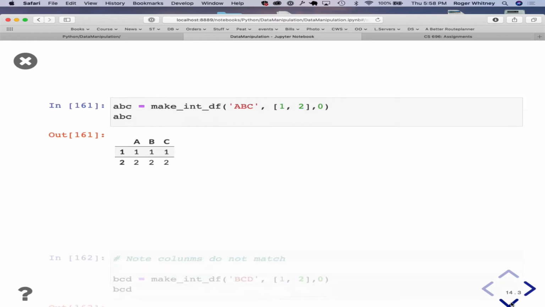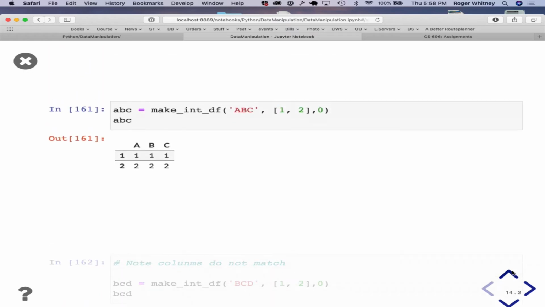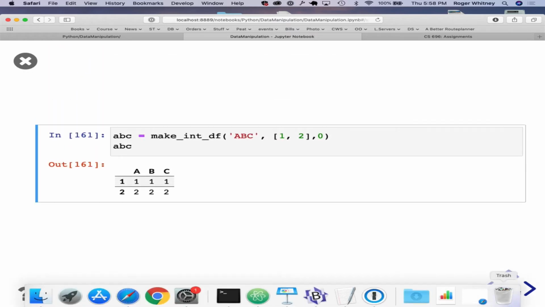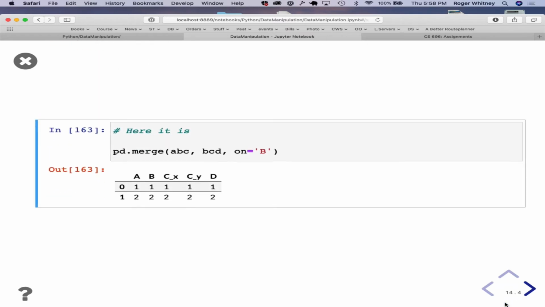Ready? Right, so we got again, but it's B, C, D, and A, B, C. Now when you merge them on a particular column, the problem is there's two C's, right?